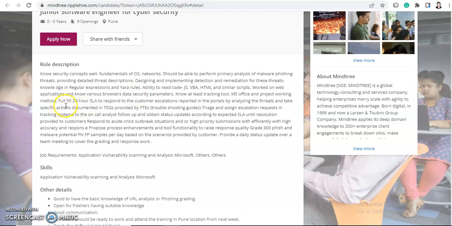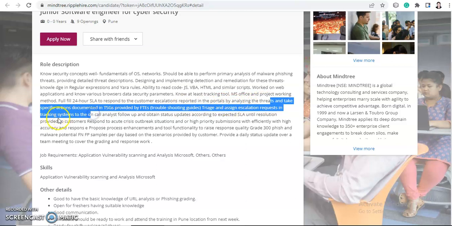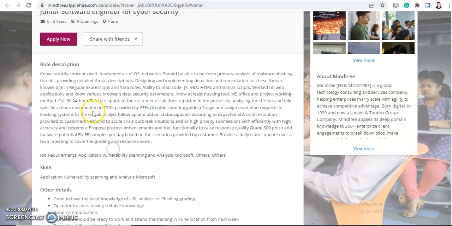working methods, and fulfill a 24 hour SLA to respond to customer escalations reported in the portals by analyzing the threats, and take specific actions documented in TSGs provided by FTEs, and troubleshooting guides, and triage and assign escalation requests in the tracking system to the on-call analyst, and follow up and obtain status updates